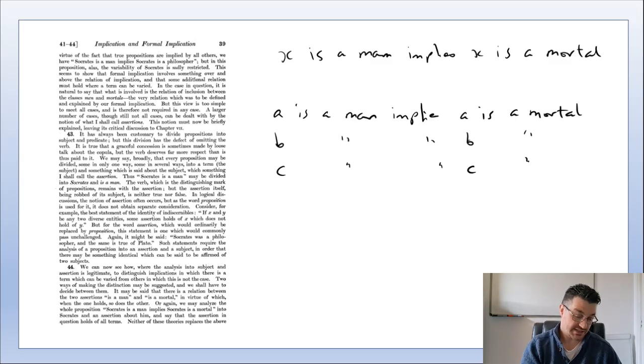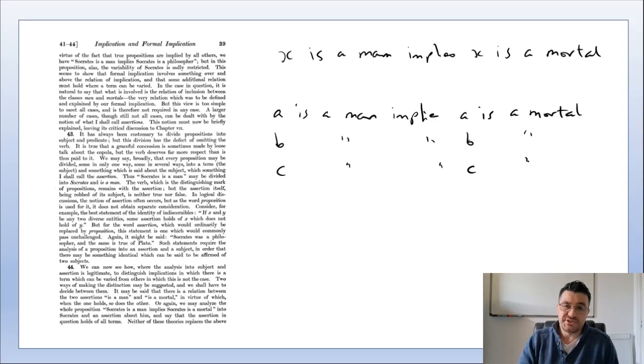Now, when he says that our formal implication asserts a class of implications, I'm not entirely sure how to interpret that, whether he means that we assert each of the material implications separately and individually, or if we assert them as some kind of logical, potentially infinite logical product. I'm not really sure. I'm not sure if it really matters too much, but it's worth bearing in mind that